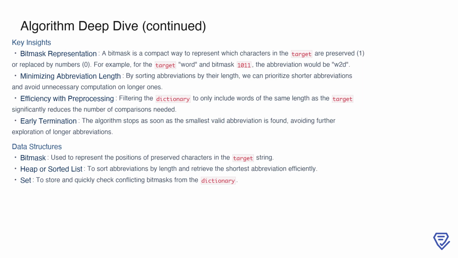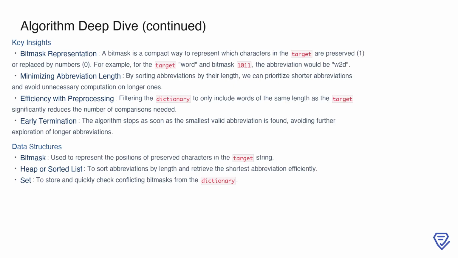First, the bitmask representation is central to the process. It provides a compact way to determine which characters in the target string are preserved or replaced by numbers. For example, a bitmask of 1011 for the target word results in the abbreviation W2D. By sorting abbreviations by their length, we ensure that shorter abbreviations are prioritized, reducing the need to explore longer, less